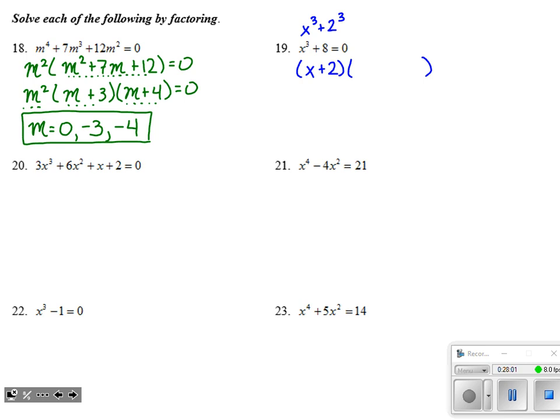The first factor, the little factor out front, is just going to be that expression, x cubed plus 2 cubed, but without the cubes. And the second one, the bigger factor, will be the first thing squared, a different sign, first times second, so 2x, plus the second thing squared. 2 squared is 4. So this factor out front is going to produce an easy solution of x equals negative 2.